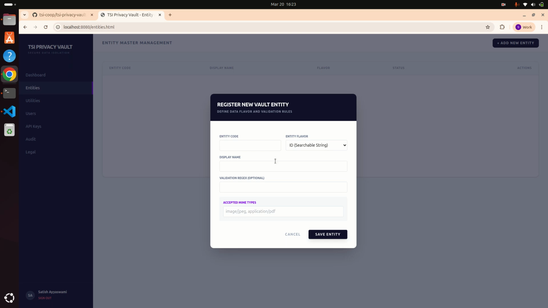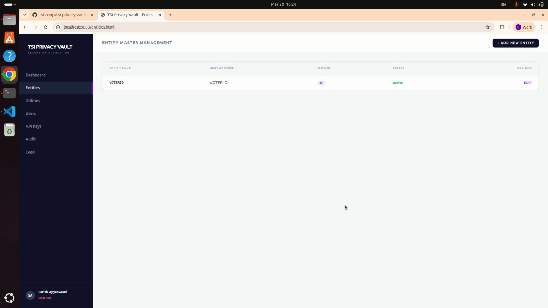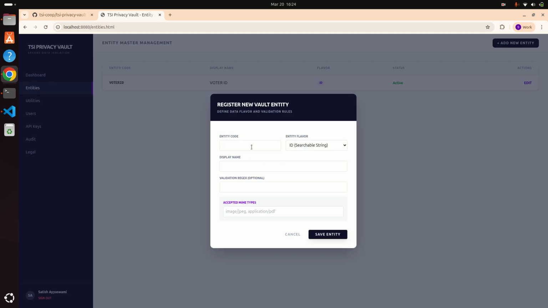add the entities. So for example, there are three types of entities. One is data, the other one is ID and a file. IDs are like your digital IDs, like let's say if you're capturing voter ID, and you say voter ID. Yeah, so this is an ID that I'm collecting for my business. Let's say I'll collect one more ID, which is PAN,